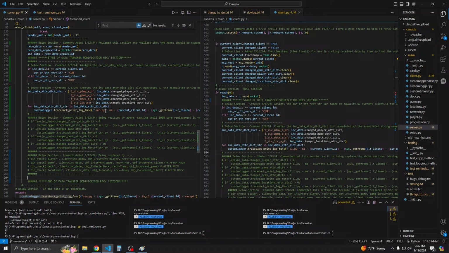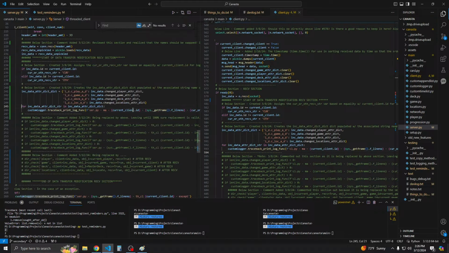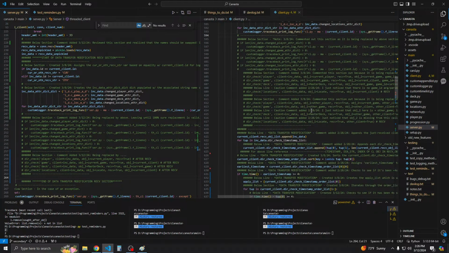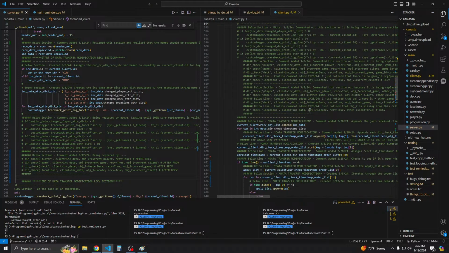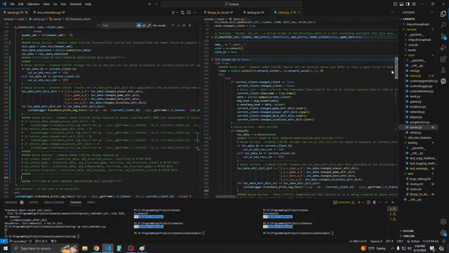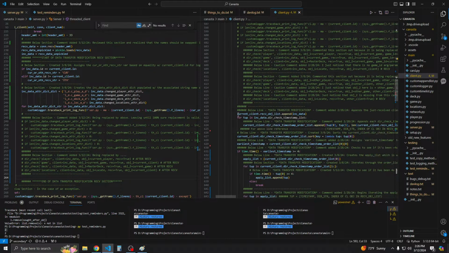Alright. So this is for the receive. There's the beginning of it. Okay, start of data transfer modification receive section. Alright. So we did that already. Now we would